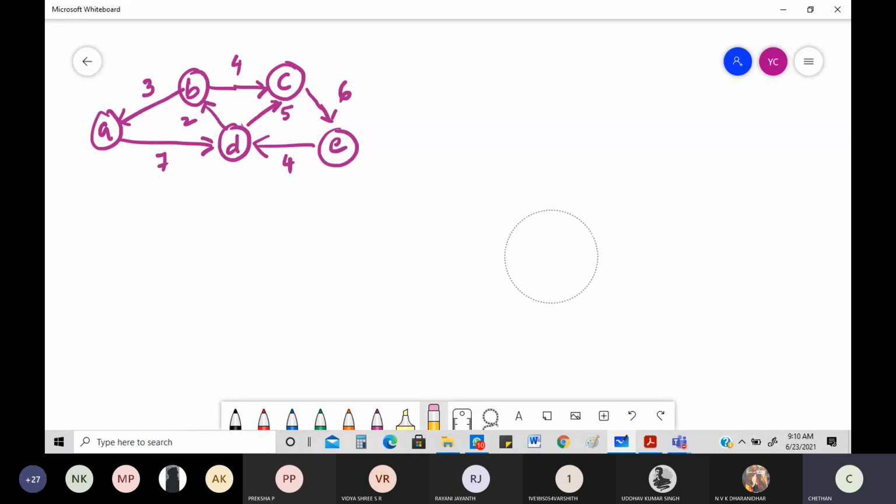We are going once again with the same old flow. First thing is I'm going to take A as my source. So let's look into this. If I take A as my source,